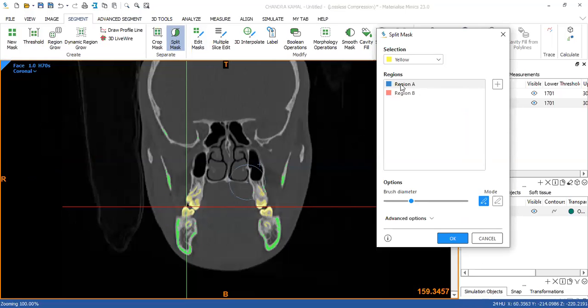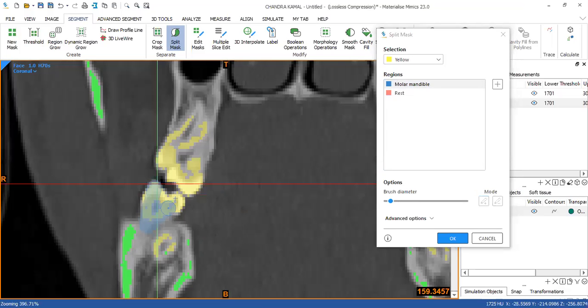So, right, molar, mandible, and this is going to be my rest, right? I'm just going to decrease the dia, zoom in on the view, and start marking.